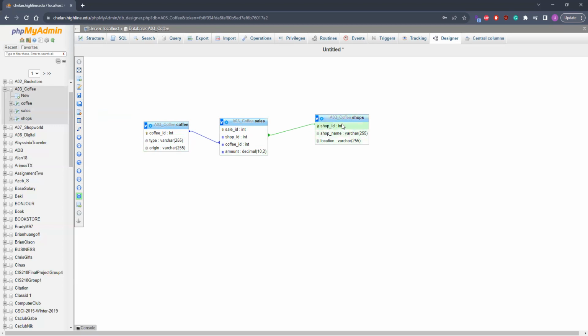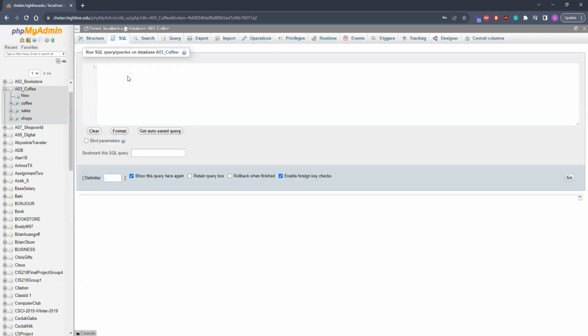Select columns from this table and this table. Okay. So it's going to be connected coffee ID to coffee ID and sale ID to sale ID. Remember, you have to have a common ID to be connected. So there's a three-way connect, and we can connect it this way. So let's write a query for that. So we're going to start like we did before. We're going to start with select